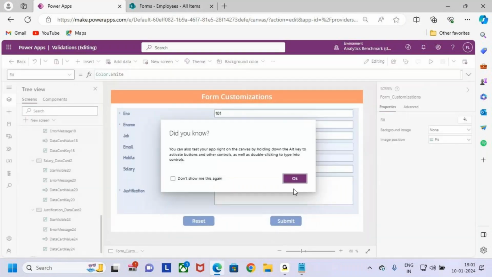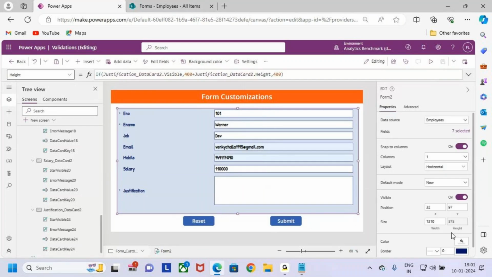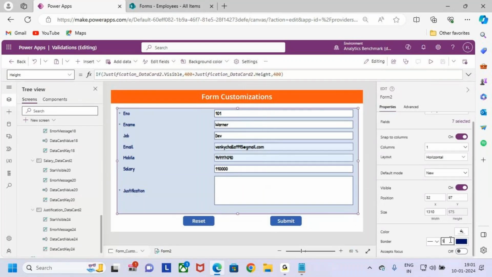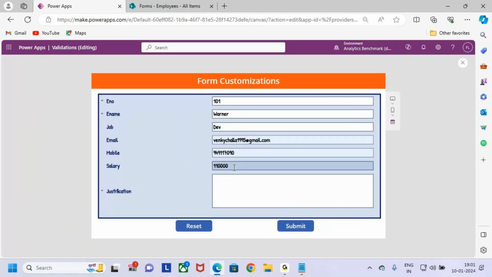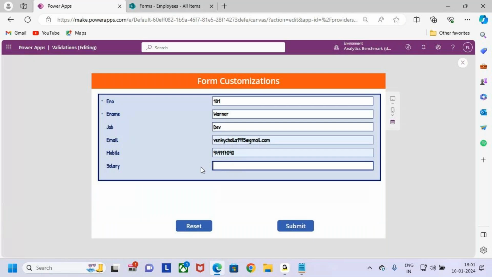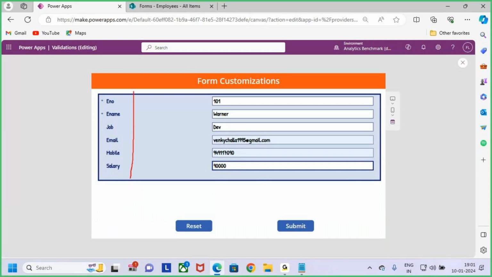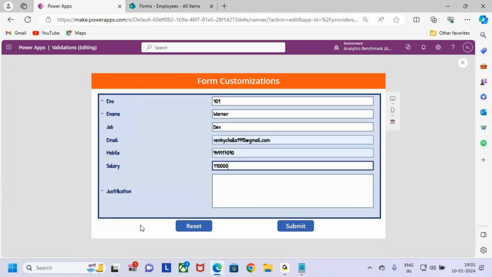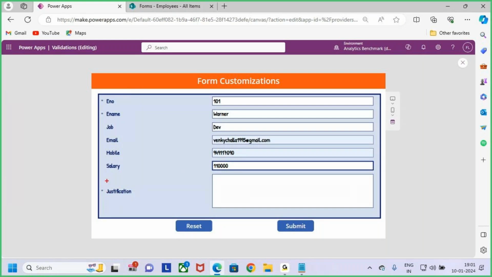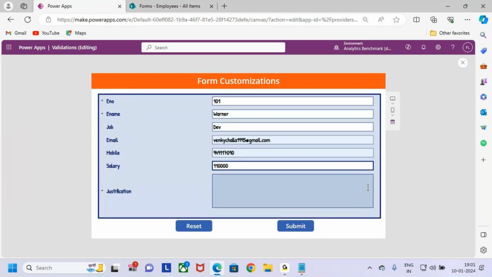If you want to understand clearly, select the form. Let me keep some border. Now play it. Now see, I'm entering the salary as 90,000. Now this justification is not required. This is the form height. Now if I enter a salary that is greater than 1 lakh, now see, automatically the form height is increased, and also you are able to see the justification field. So I want to adjust the height of the form